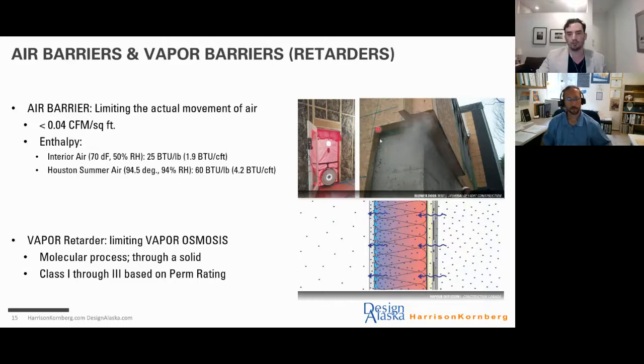We're trying to prevent this indoor air, this conditioned air, from mixing with the outside unconditioned air in an uncontrollable manner. Just a little bit of tidbit facts for you. It's funny, actually, this is the conditions outside my window right now. It's about 95 degrees out, about 95% relative humidity. That means that the air has about 60 BTUs of energy per pound of air, 4.2 BTUs per cubic foot of air. The indoor air, 70 degrees, 50% relative humidity, generally a good design temperature, 1.9 BTUs per cubic foot of